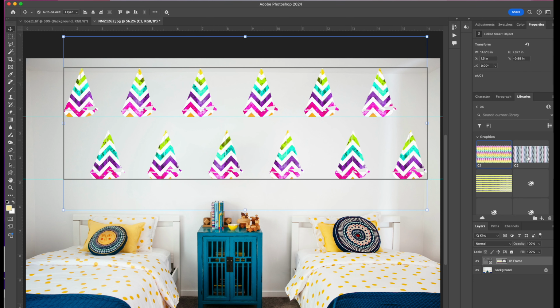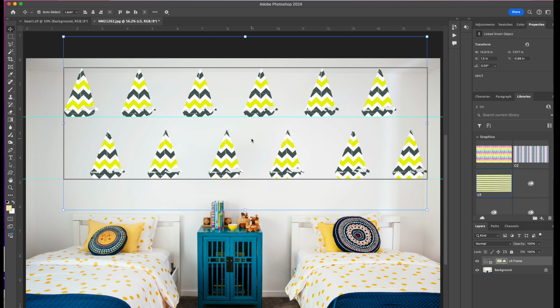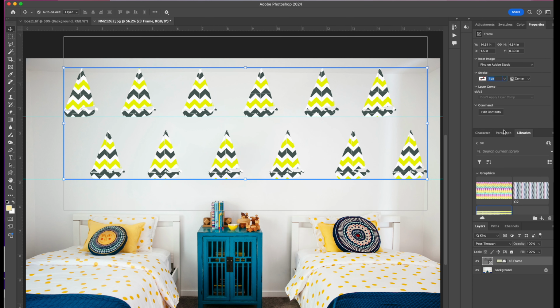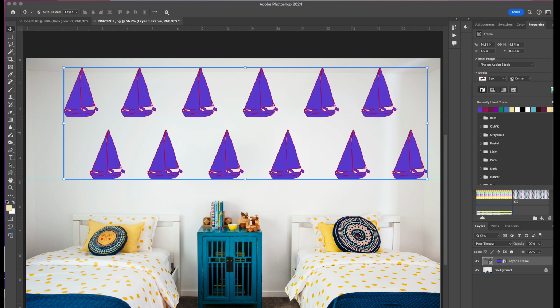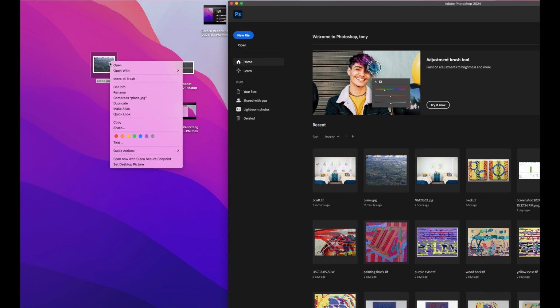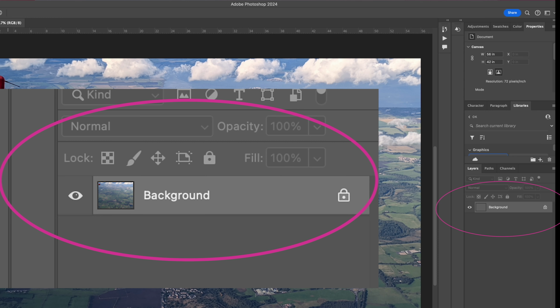In this Adobe Photoshop tutorial, we're going to explore the frame tool. Frames are a useful way to mask images and then place other images into the frame. First, let's make a frame around an image. The first thing we want to do is open our image, and we notice that it opens as a background